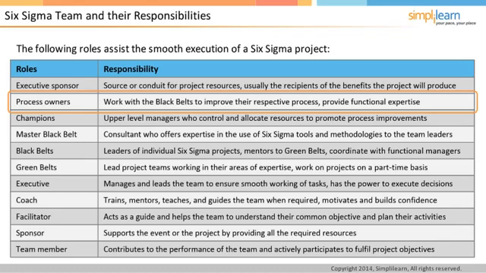The next role in the project is that of the champions. They are typically upper-level managers who control and allocate resources to promote process improvements. They ensure the organization is providing necessary resources to the project, and the project is fitting into the strategic plans of the organization. The first role related to the execution of the project is the role of the Master Black